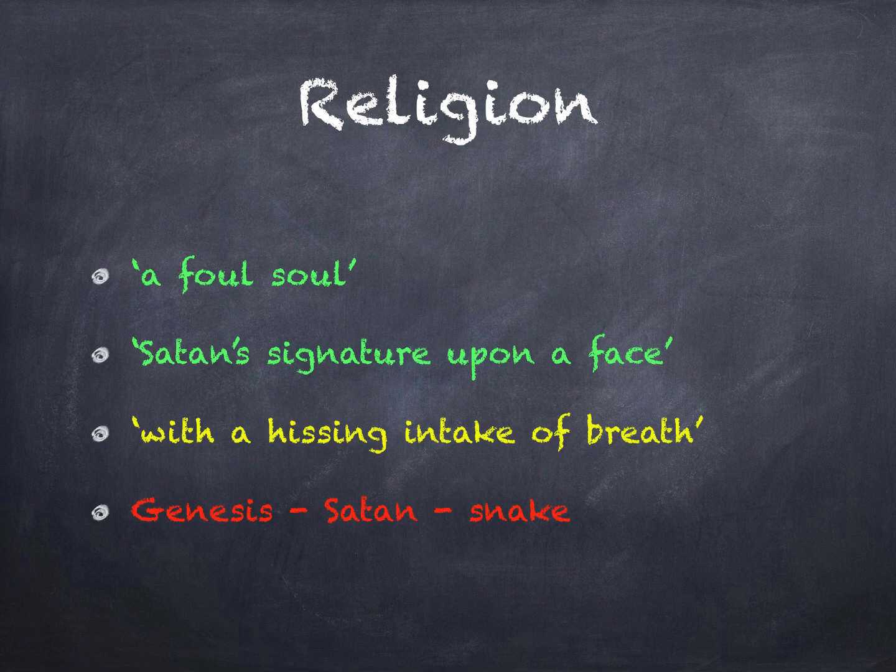Again, we can see how these references in our passage, Utterson's description of Hyde, are developed throughout the rest of the text. And one particular reference that Victorians would have noticed and made much of is that when we first see Hyde and Utterson meet, Hyde is described as taking a hissing intake of breath. Now this word hissing, with its sibilant s, is reminiscent of a snake.